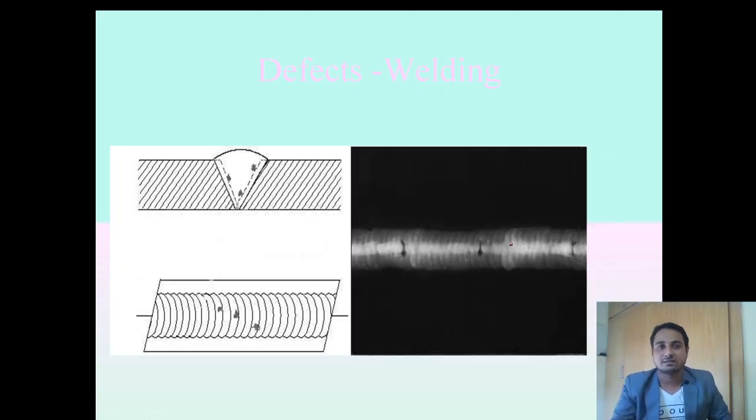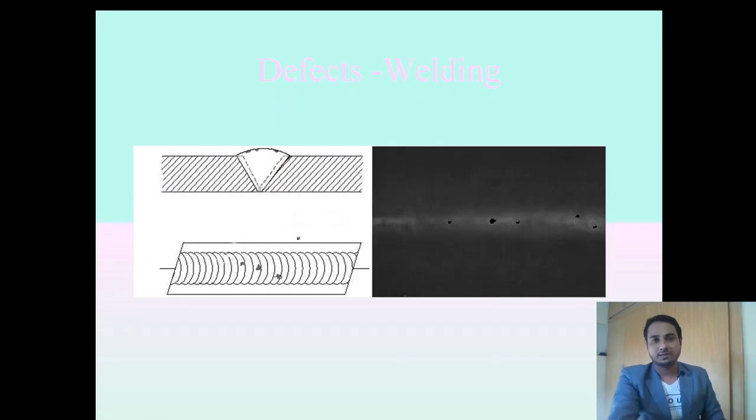Now slag may be due to improper cleaning or diffusion of the electrode slags in the weld metal. So these are the slag. This will be in SMAW welding, where electrodes with flux coating are used. The slag will be a kind of defect. So proper interpass cleaning should be there to avoid these slag inclusions.